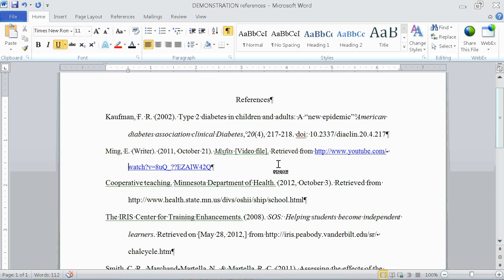And now, since APA does not want it to be underscored, I'll put my cursor right where the Q is and put a backspace, and that removes the hyperlink. That's all set. So now what I will do is just go up and save it,